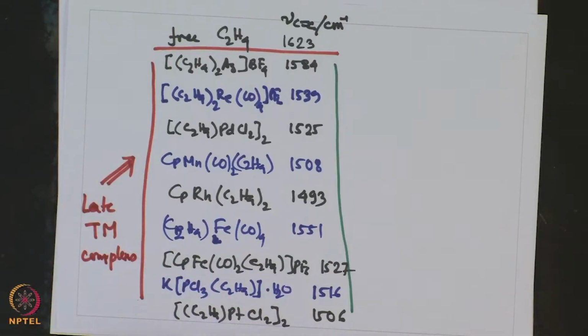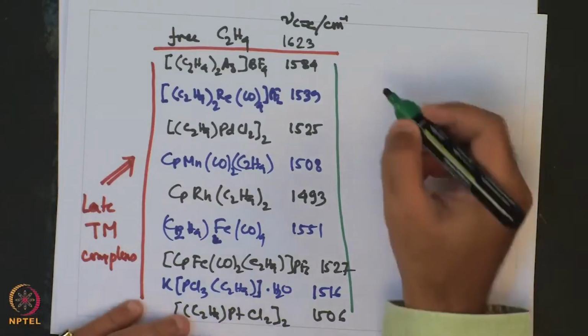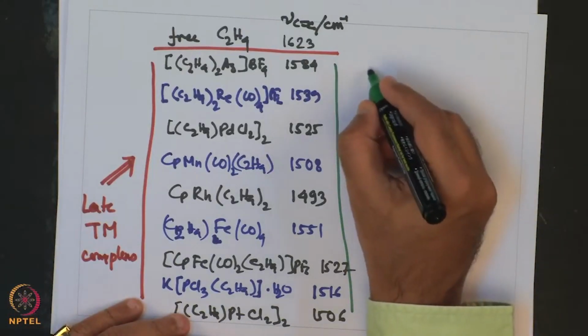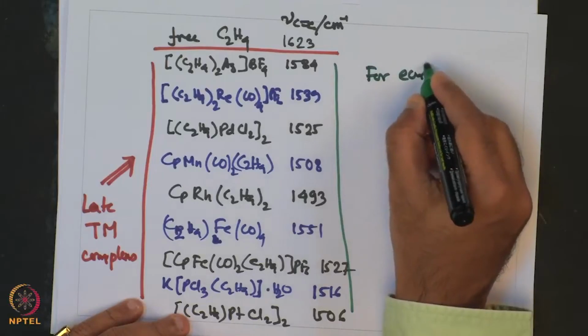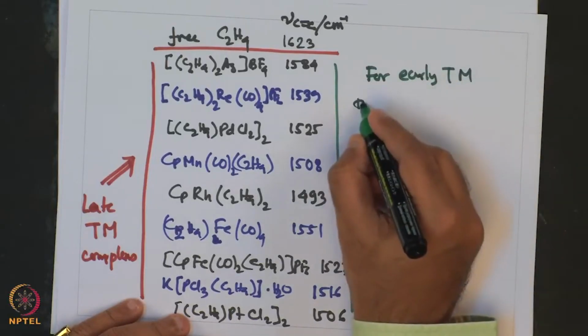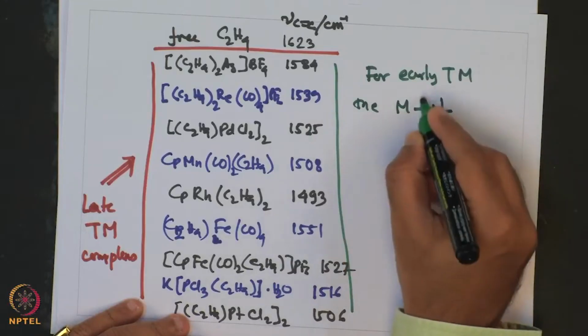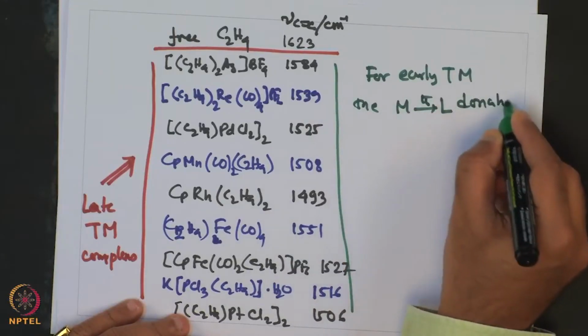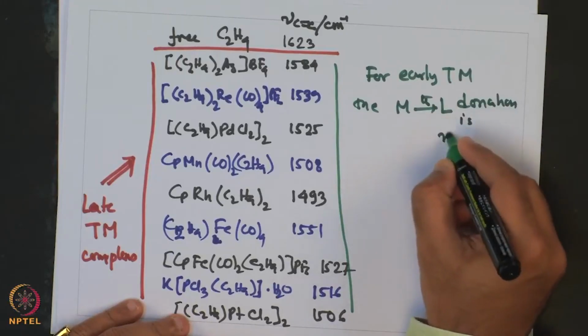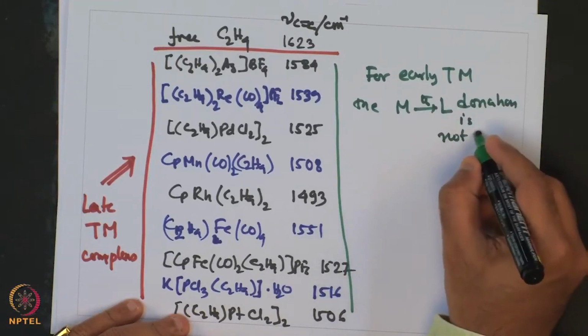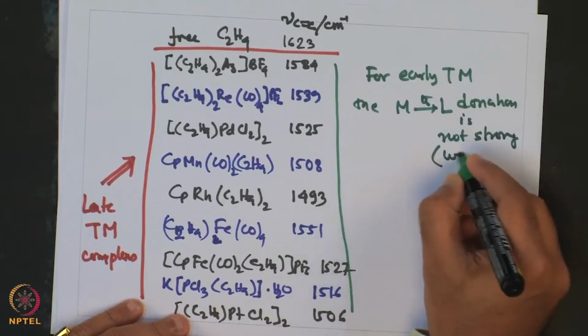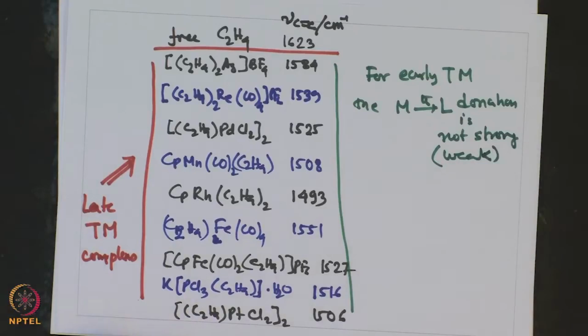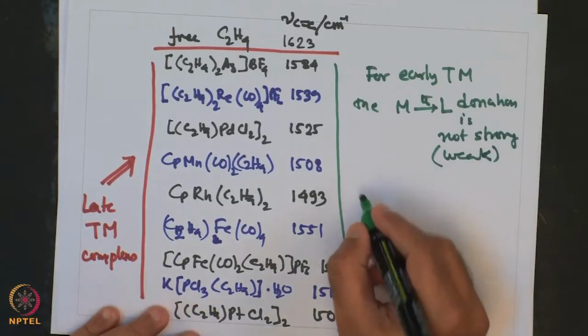That makes sense in the sense that for early transition metals, the metal to ligand pi back donation is not strong, or weak, and as a result early transition metals consequently